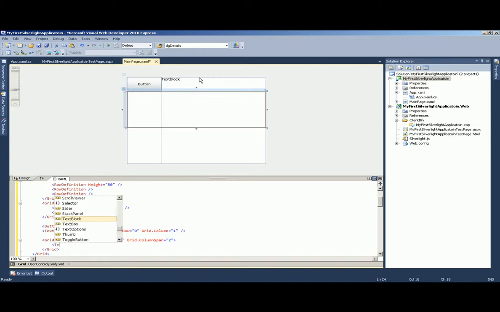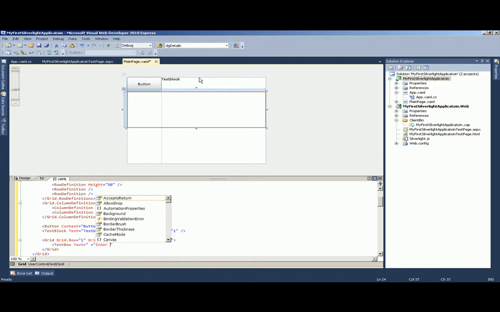Let me add a text block for better clarity. In a grid data and font size equal to 36.